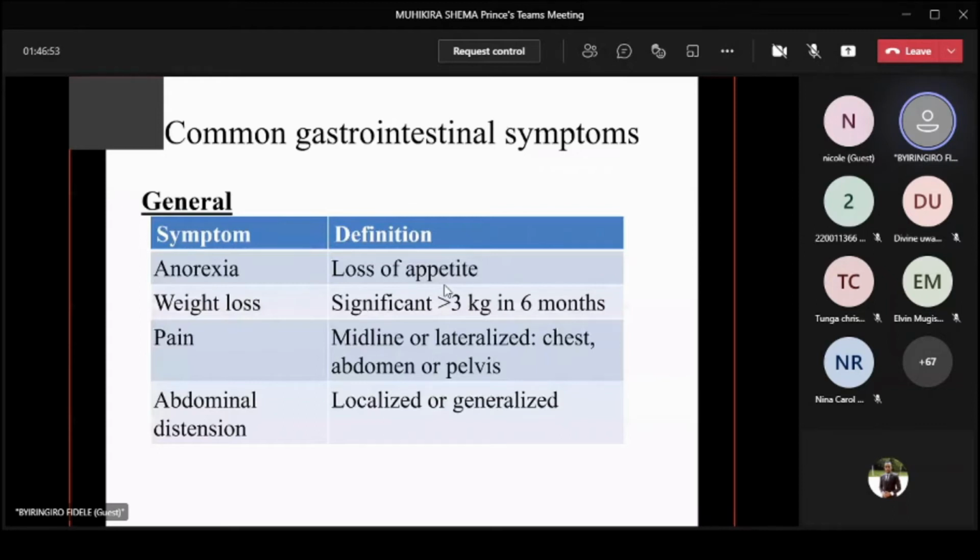It's a premature fullness during feeding. Nausea, it's a feeling of sickness, wanting to vomit. Hematemesis is vomiting blood, and heartburn, the persistent cough, depression, which is a disorder. So,